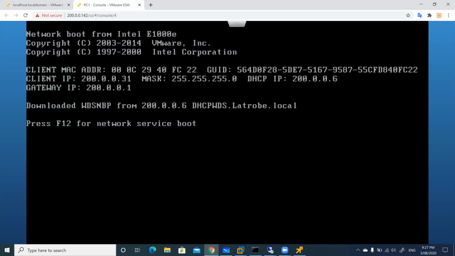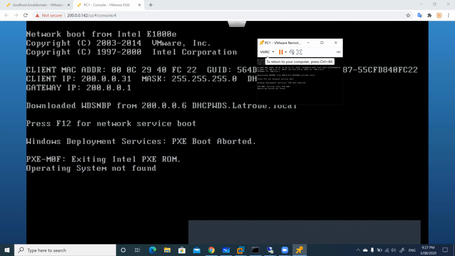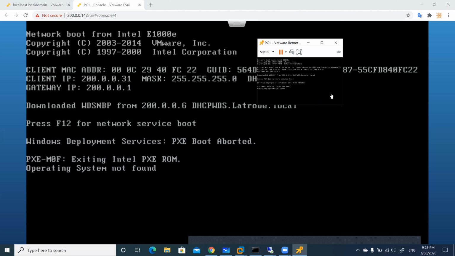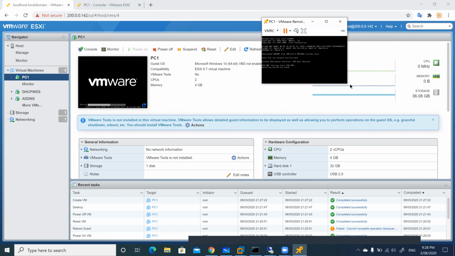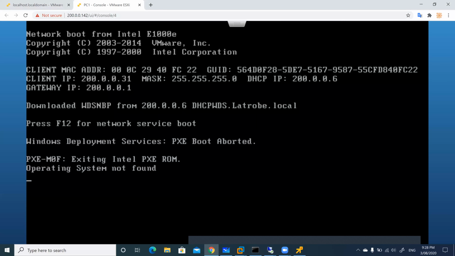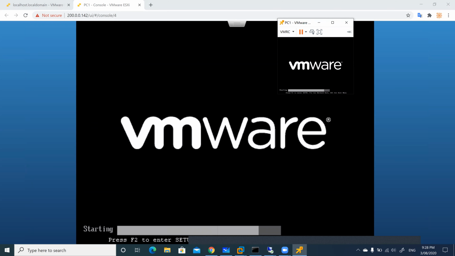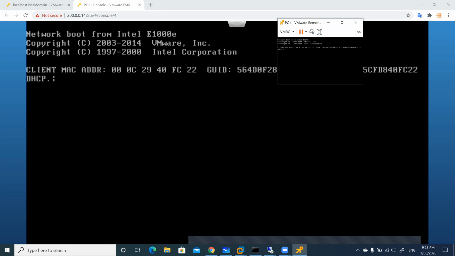So here you can see that it is asking me to press F12. If I go here and I press F12, no. So what I will do, all right, here you can see on the big screen, and this one is the small screen. So I will just restart the guest, and I will press F12 whenever I turn it on. When I press F12,